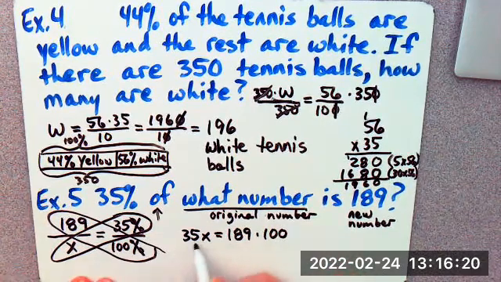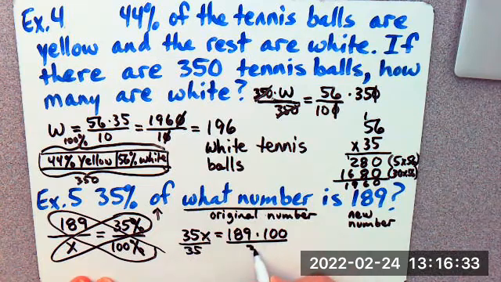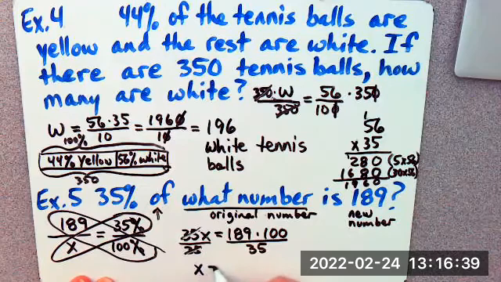Okay, to get rid of this 35, all we have to do is divide by 35 because 35 is multiplying with the x. So the opposite operation is dividing by 35 and dividing by 35 here. So that cancels here and here. So we have x equals,